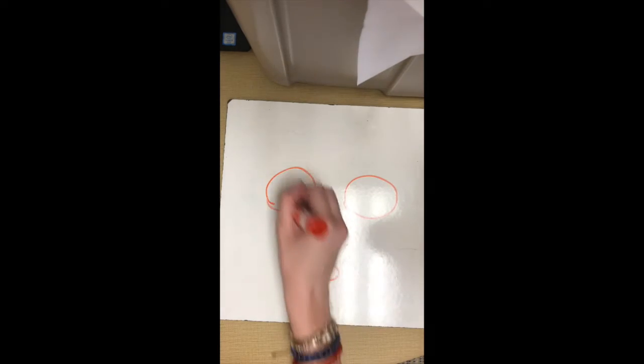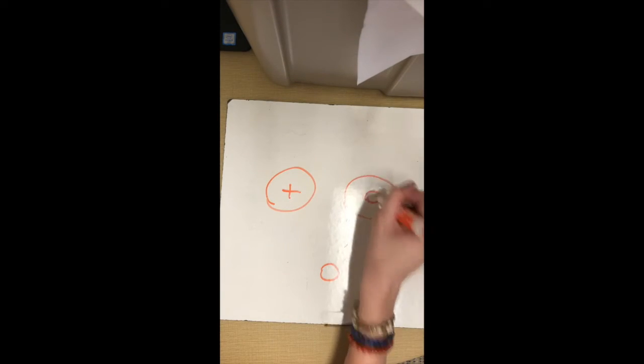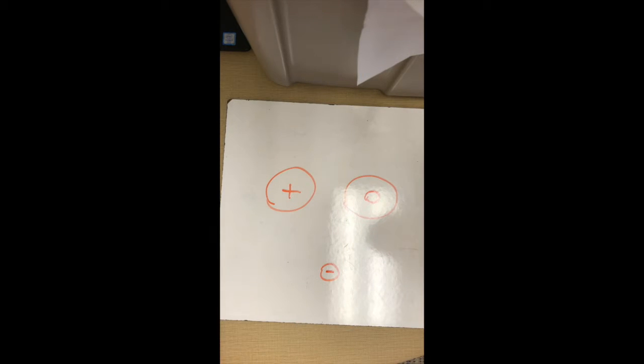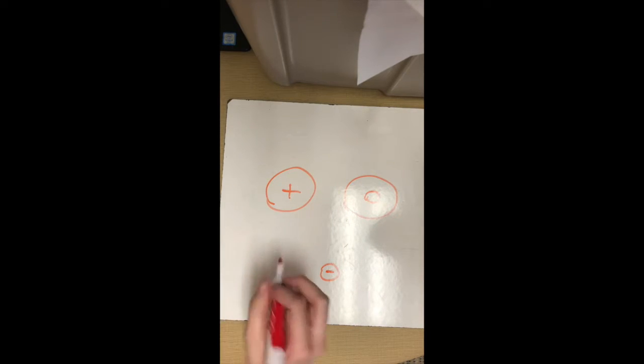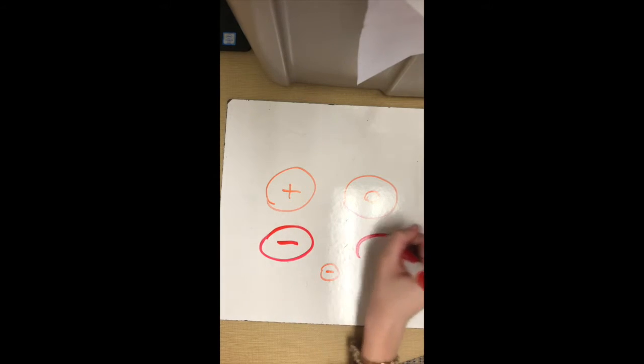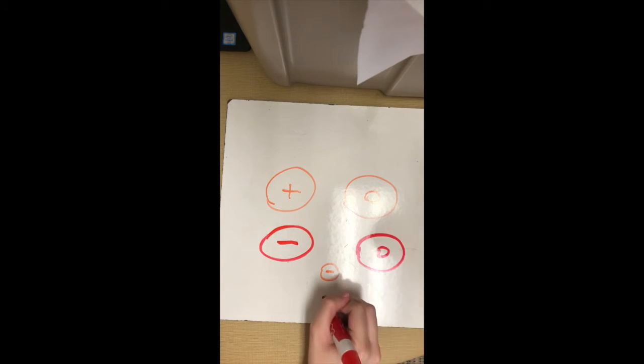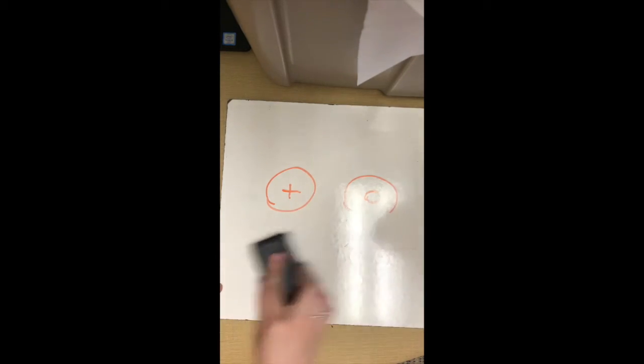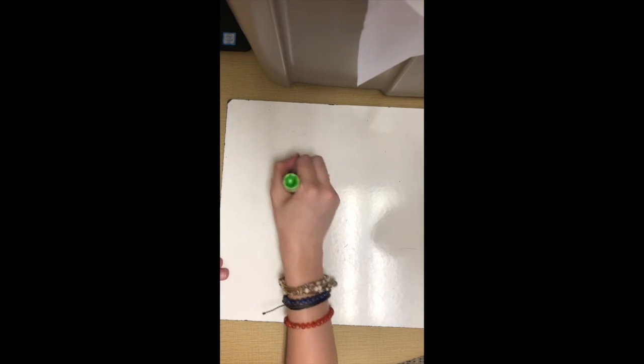Atoms. Atoms are made up of a positive proton, a neutral neutron, and a negative electron. Antimatter is similar in structure, but the roles are essentially reversed. Instead of having protons, there are negatively charged antiprotons in their place. Instead of electrons, there are positively charged positrons. And you can't really reverse the charge of a neutron, so it's just the opposite, and it's an antineutron that has pretty much the same job as a regular neutron.